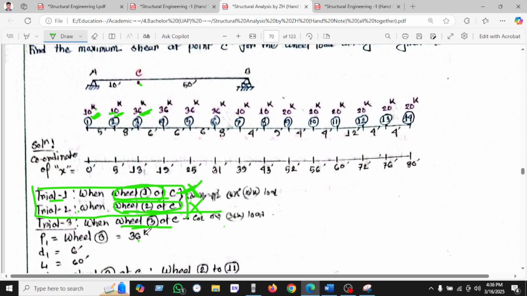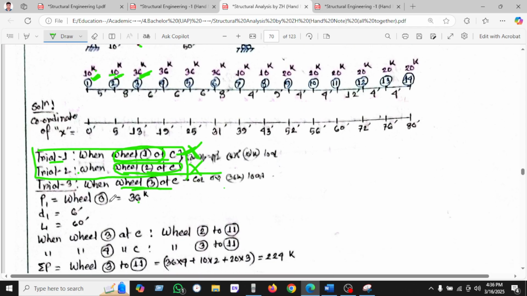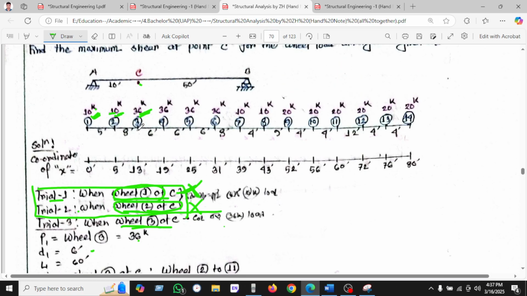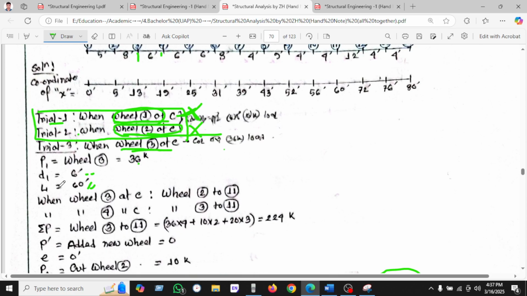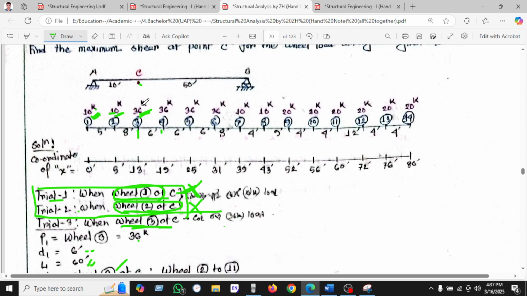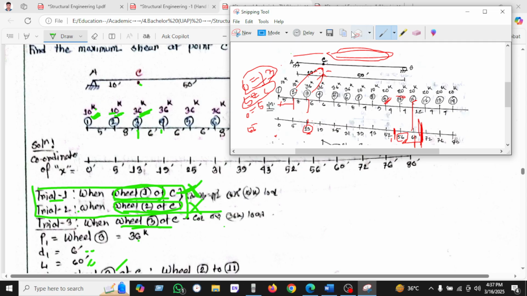When wheel 3 is at 3, the wheel 3 load is 30 kip, and the distance between wheel 3 and wheel 4 is 6 feet, and the whole length is given as 60 feet. So now we'll calculate wheel 3 at C. If we put this value here, I'm just taking another, this is the same graph,